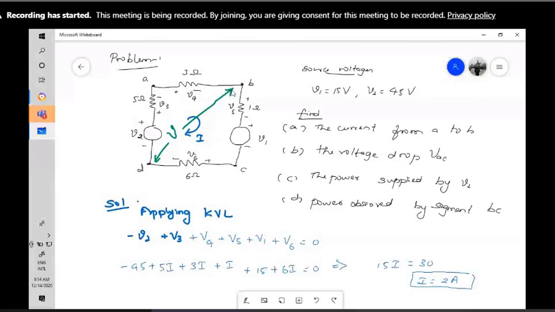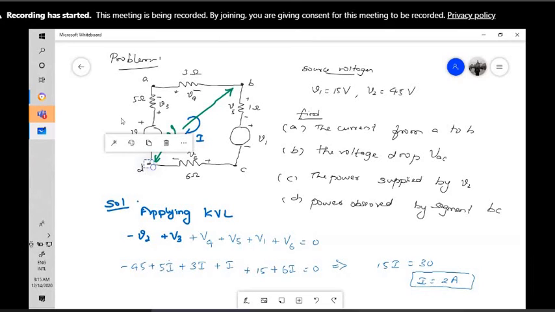Now let's say you have connected this circuit, you have taken a voltage source, and the positive terminal of that you have connected to a resistor, and this resistor you have connected with another resistor. Now you take a voltmeter or a multimeter, which is a device used to measure voltage and current. If you connect that between these two terminals, it will show you some reading, and that reading will be the same as the voltage drop from B to C and from C to D, and also the same as the voltage drop from D to A and from A to D.